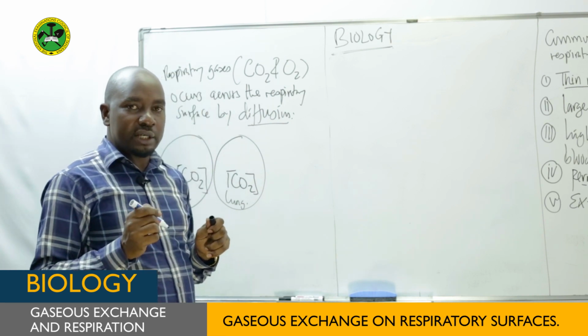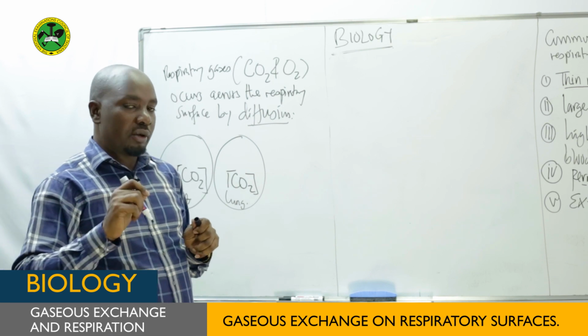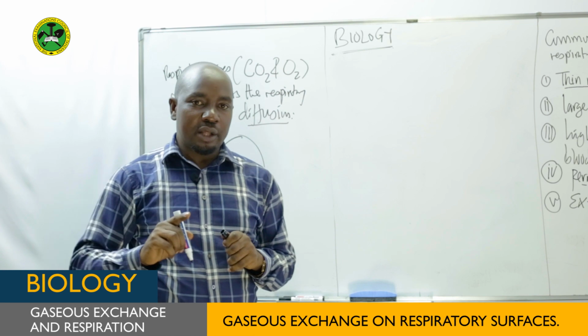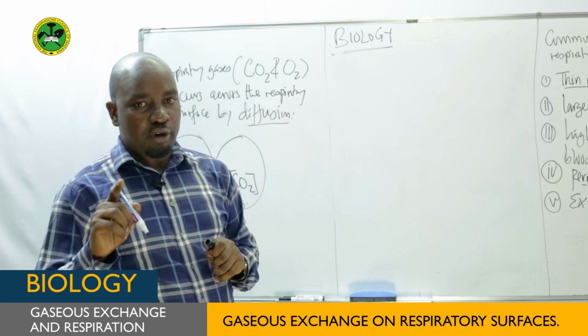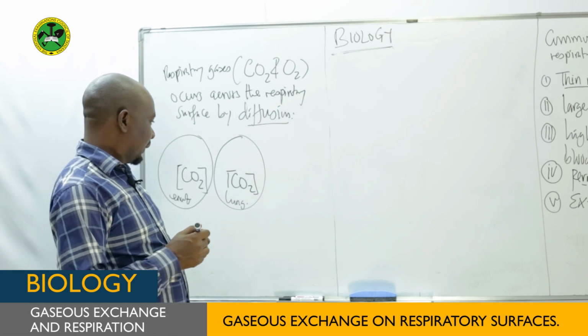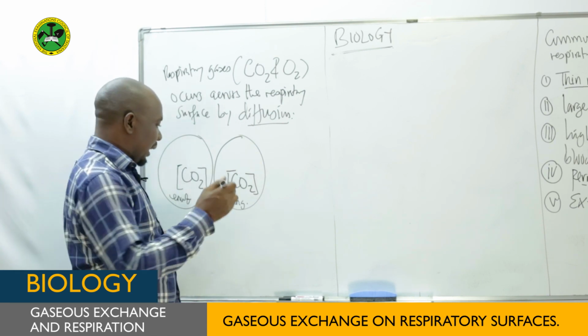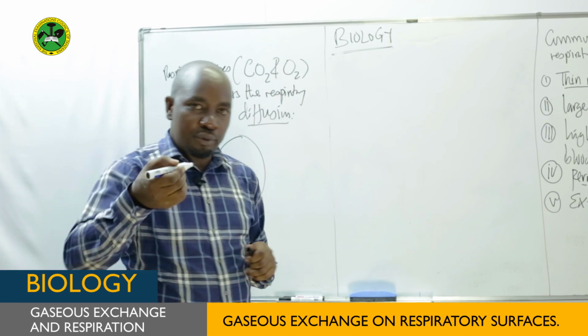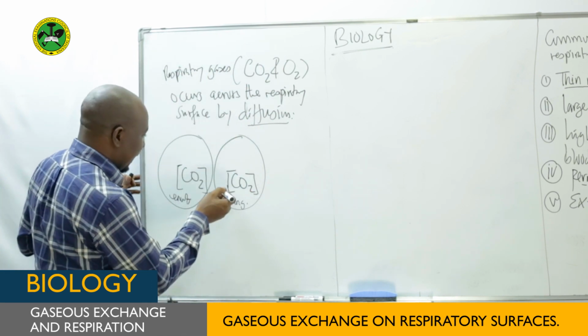Or in other words, the partial pressure of carbon dioxide in the atmosphere is lower than the partial pressure of carbon dioxide in the lungs. Hence, carbon dioxide will diffuse from the lungs